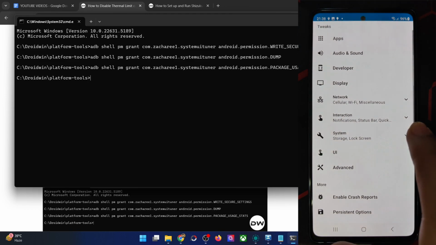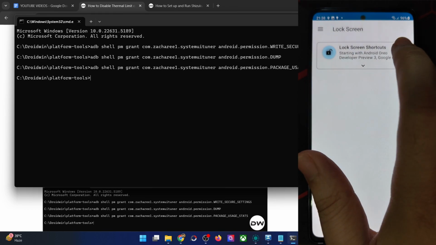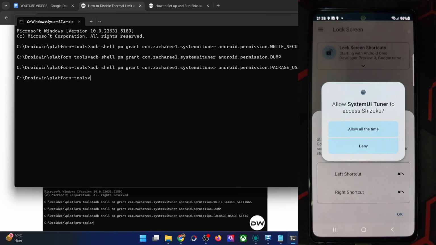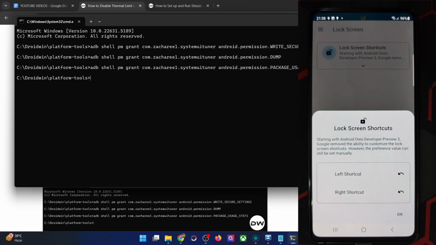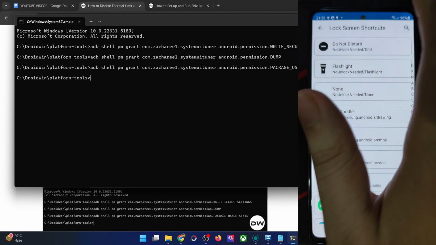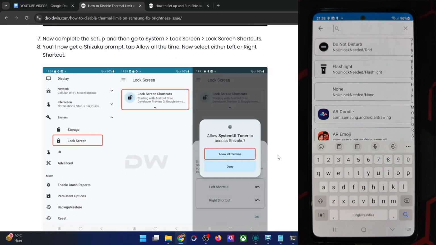Now you have to tap on the system, expand the system section, then tap on lock screen, and again choose lock screen shortcuts, and now you will get a Shizuku prompt. So tap on allow all the time, and now choose either the left or the right shortcut. For now I'm choosing the left shortcut, and now you have to search for the following service. Let me show you once again. The service shortcut name is